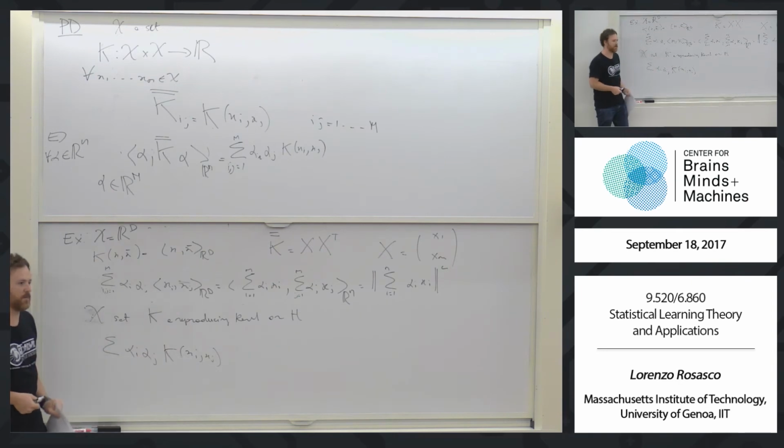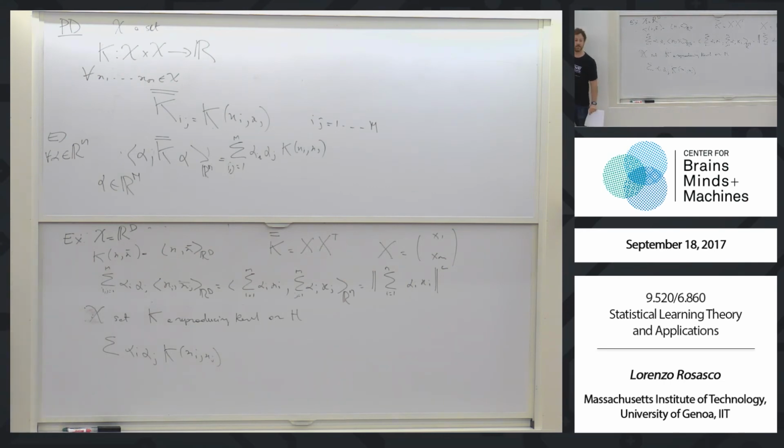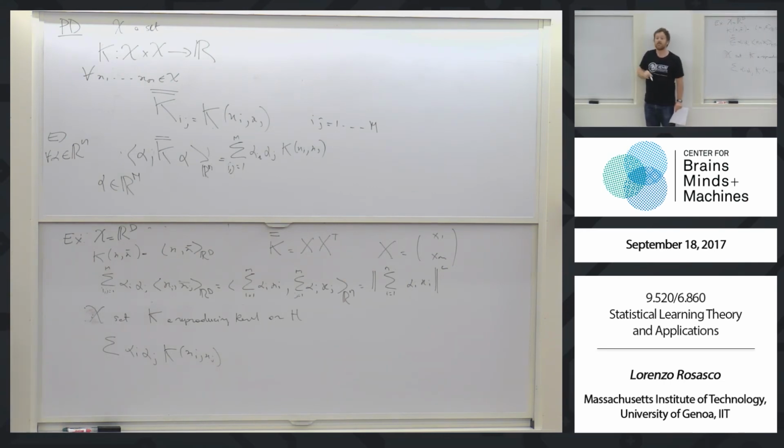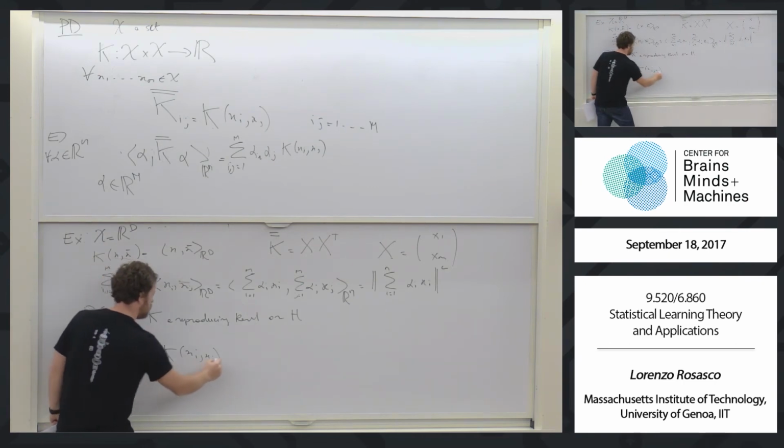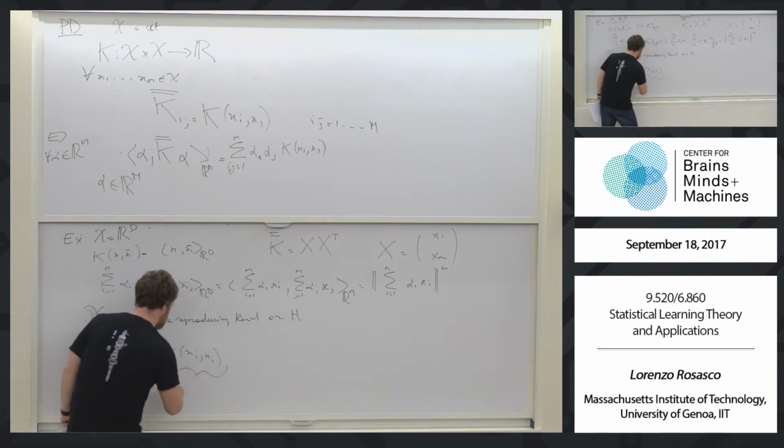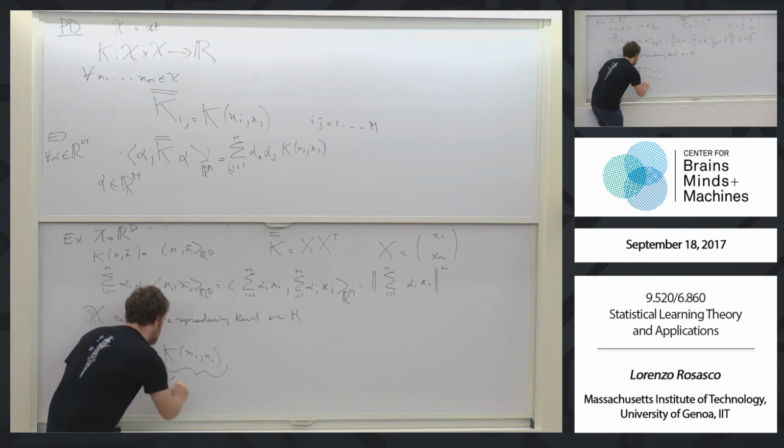So how can I write this as an inner product? I want to use the second property. kxi with kxj. Exactly. So all I want to say is that this is just the inner product of,